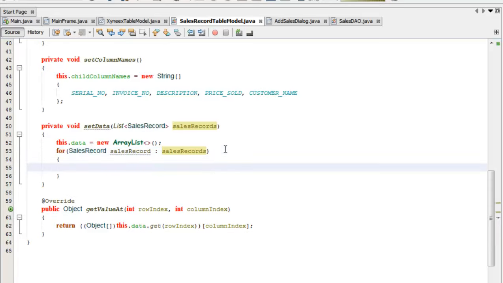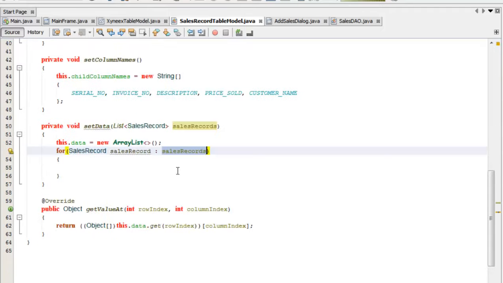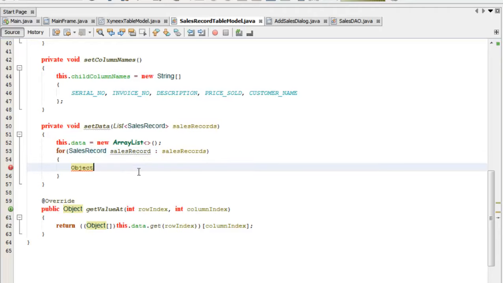Okay, so what we're going to do here is that since we know that every element of this ArrayList is going to be an array of objects, we'll have to retrieve it as such. So we're going to declare an Object array, let's call it row, to be equal to new Object,